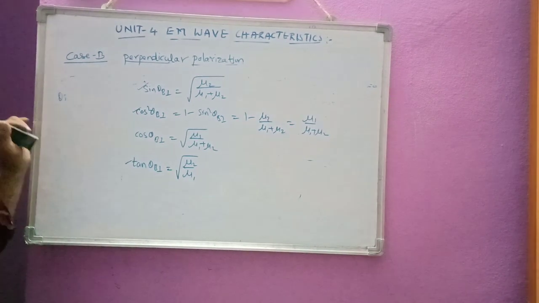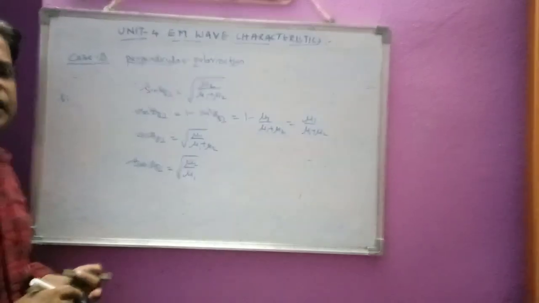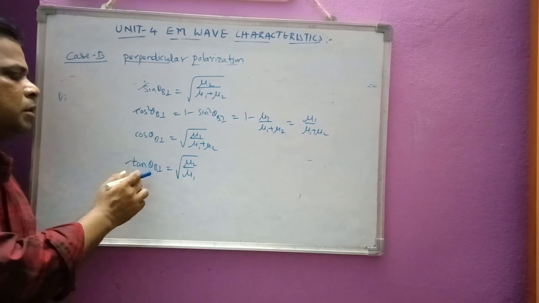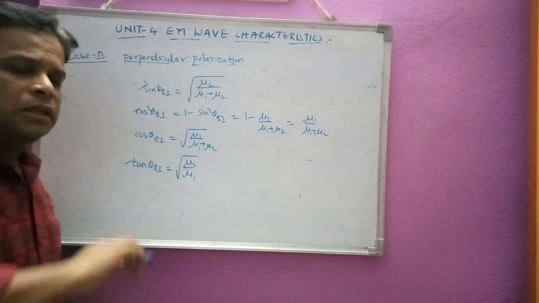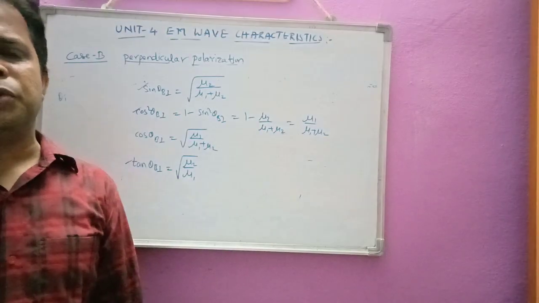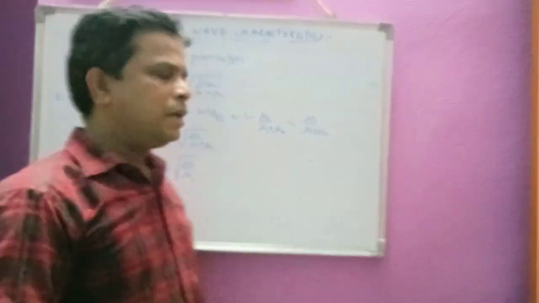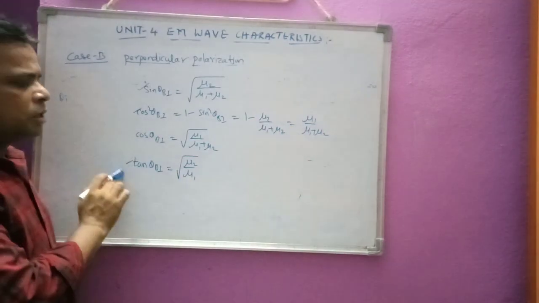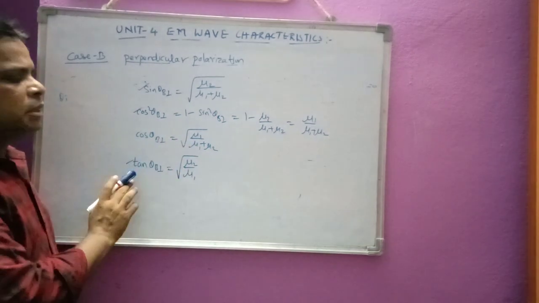Although we have got the theoretical calculation of this Brewster angle, the practical application of Brewster angle is not possible in practice. That is what we have to conclude. For tan theta b parallel, we took that the Brewster angle is valid both theoretically as well as practically. But for the perpendicular polarization, even though it is possible theoretically, practically it is not possible. That is what we have to conclude.